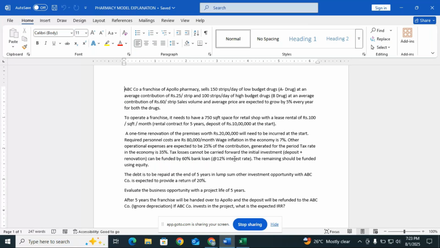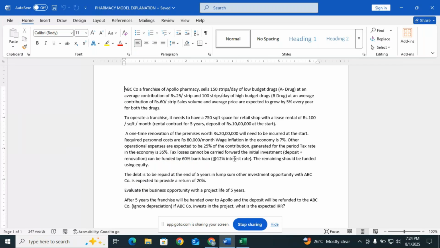Other operational costs are expected to be 25% of the contribution, which is 25% of sales generated for the period. Tax rate in the economy is 35%. So tax losses cannot be carried forward. Okay, and the initial investment, which is nothing but deposit plus renovation